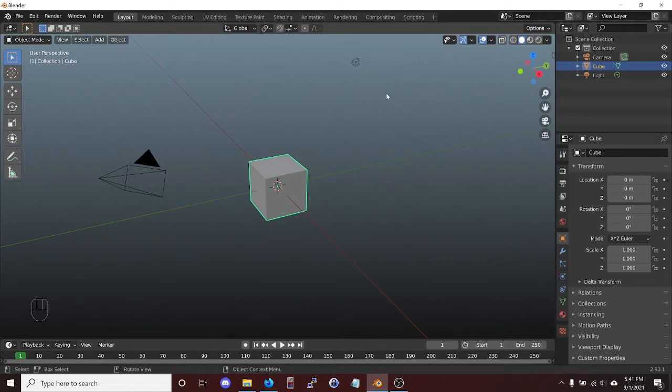In today's exercise we're going to be making a plant using the array modifier, and this is actually an exercise that I borrowed from a guy that taught me Blender, and so I'm going to post a link to the